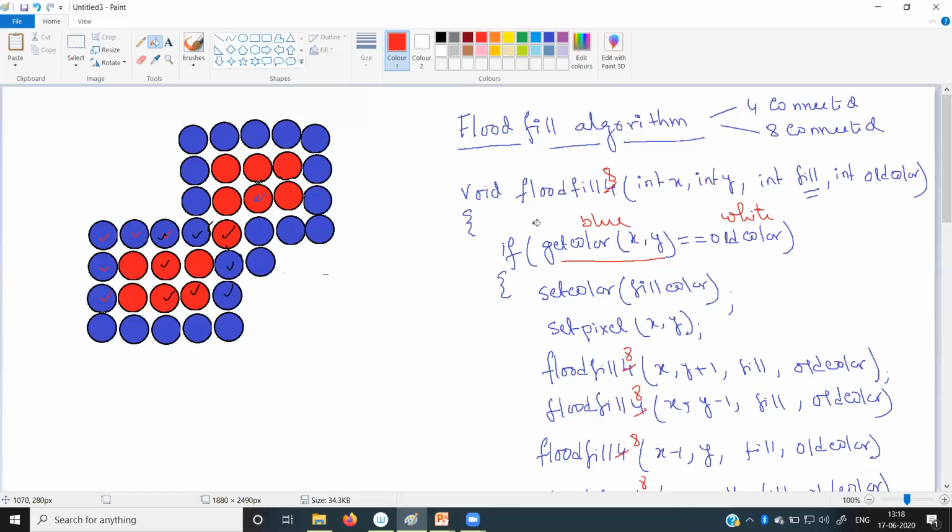Fine. And one interesting thing you can notice is that in the case of the scanline conversion algorithm, we cannot fill up a polygon whose boundary has a curvature. If the boundary of the polygon is not a straight line and has some curve like a circle, those types of shapes cannot be filled by the scanline algorithm.